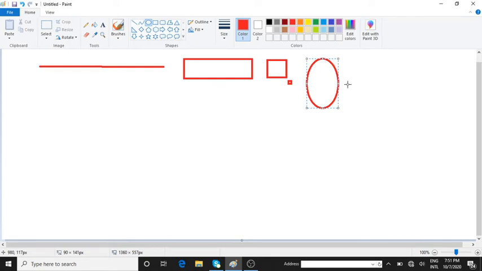Then the next one is fill with color tool. What is this fill with color tool? It is used to fill color in your drawing. We'll see how to do it, okay? Then the next one is pencil tool. You have a pencil here. Can you see this? See. This is the pencil. Then next one, eraser. So what I have drawn, I can erase it. Yes? Are you all with me?